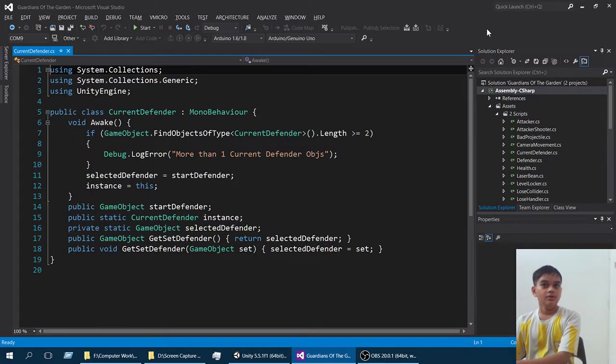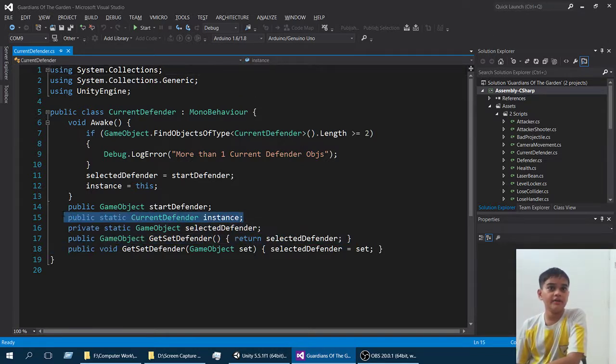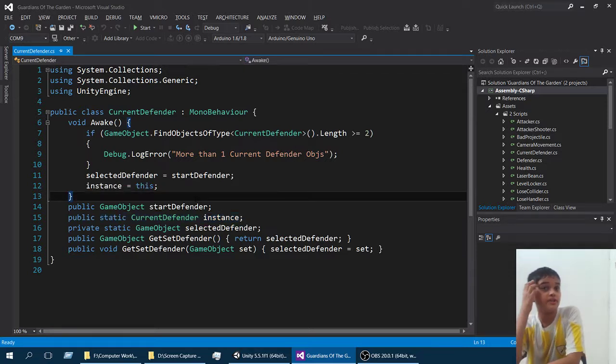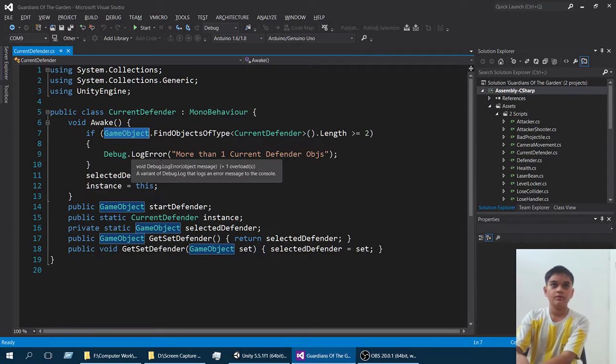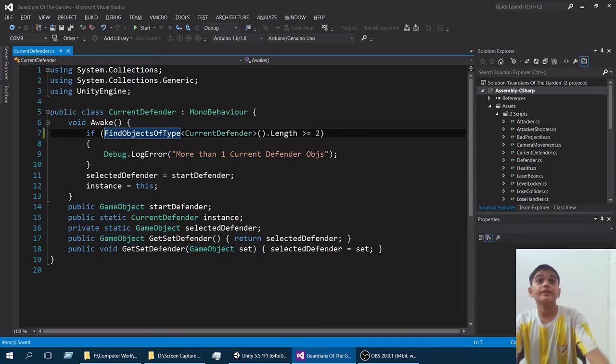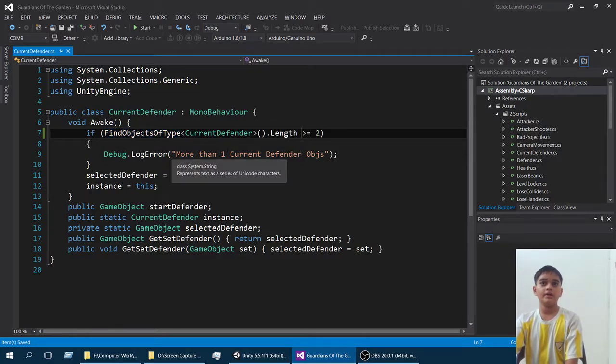So the public static current defender instance, as we did before with the seed shop. Then we have the selected defender to start defender here, and then instance is equal to this. So game object, if the number of current defenders on the screen is two or more, then it will log error. You don't want that happening. And then